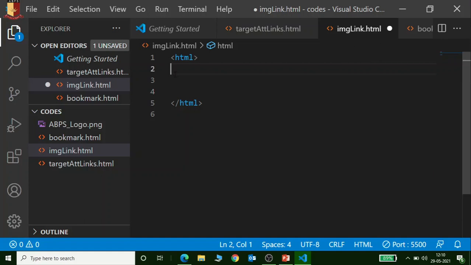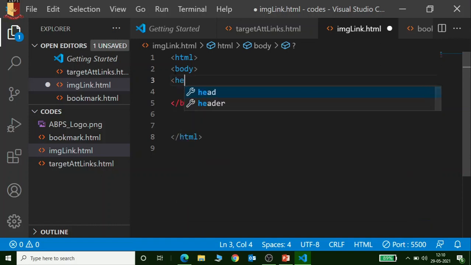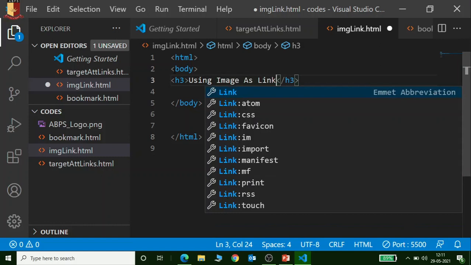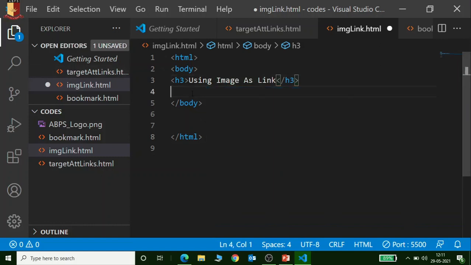Okay, body. Let me give some heading also: Using image as link. Okay, so this heading will come.